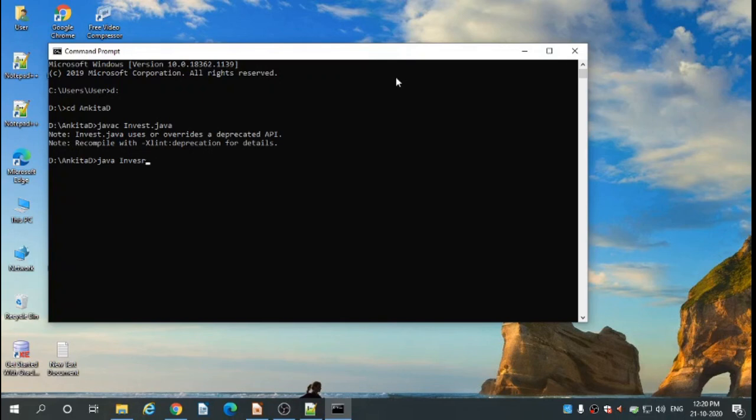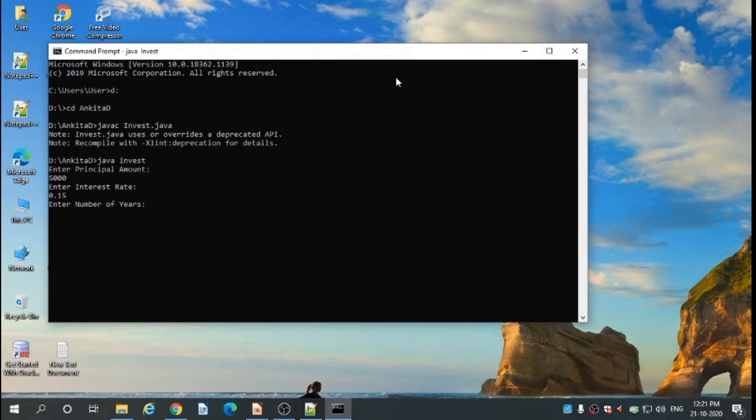Press enter. Enter principal amount. The program asks you to enter the principal amount, so I'll pass 5,000. Press enter. Enter interest rate. You have to pass your rate of interest. I'll pass 0.50 and enter.